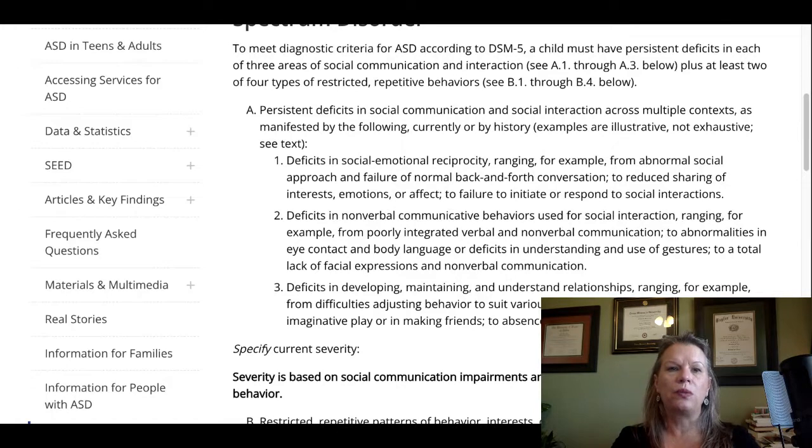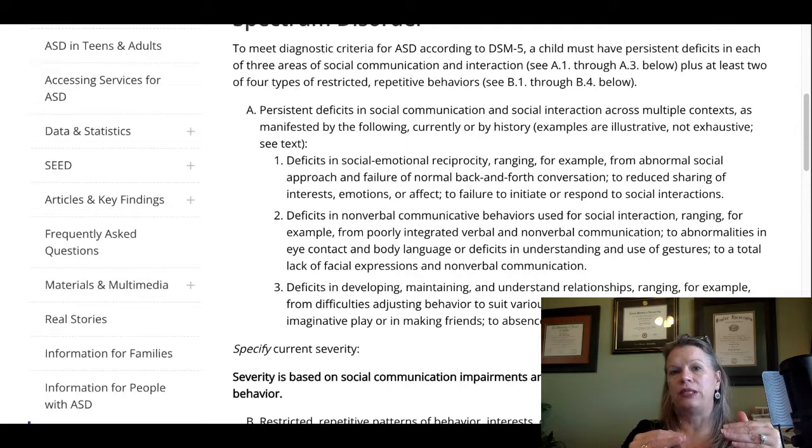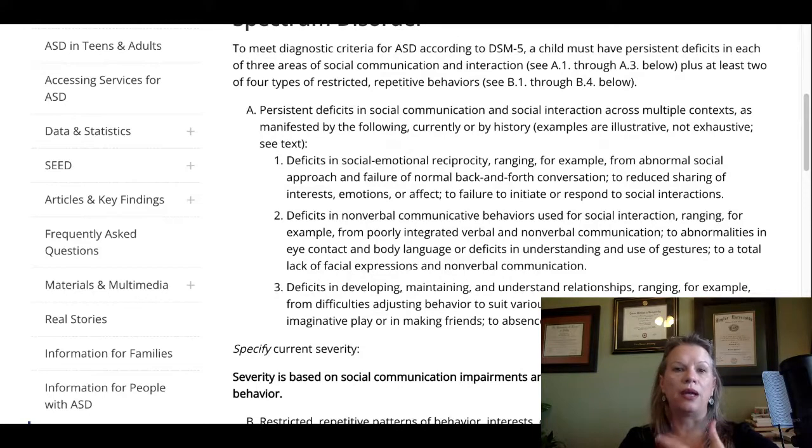With children with ASD, there's a huge difference at 2 months old, because we should be able to see very well. What we see is that at 2 months, if you were to chart eye contact for typically developing infants, it goes just like this, straight up. The chart just goes way up. However, with children with ASD, that chart would go straight down. You would see a decline in eye contact.